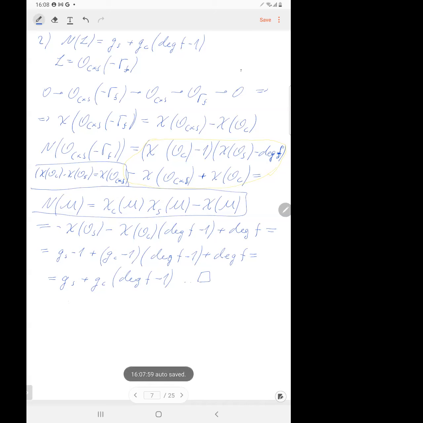Now maybe I'd rather stop here, because next time we'll prove a version of the Riemann-Roch theorem for surfaces, not necessarily decomposable surfaces, like not necessarily a product of curves, just an arbitrary surface and an arbitrary line bundle on the surface. We will compute the Euler characteristic of this surface with the coefficients of this line bundle. Okay, and then we'll